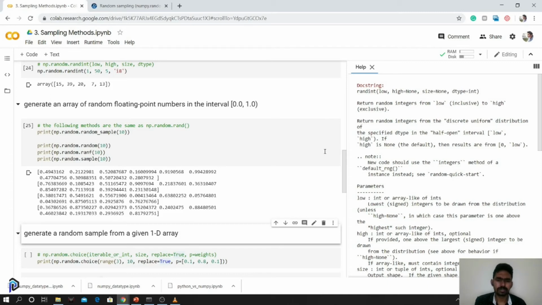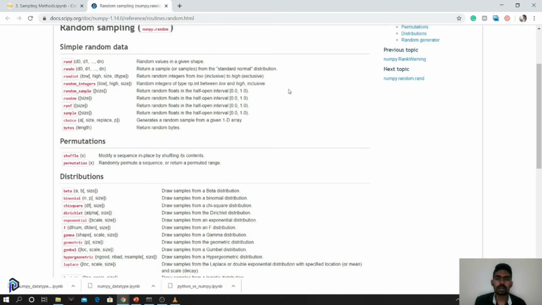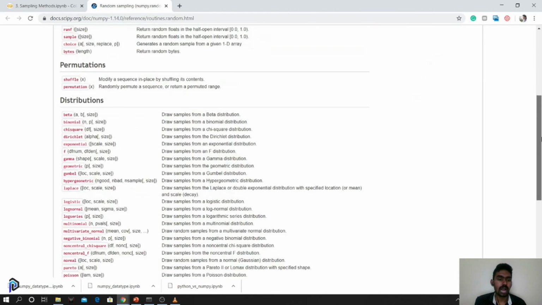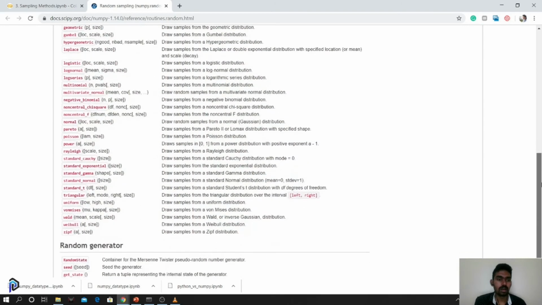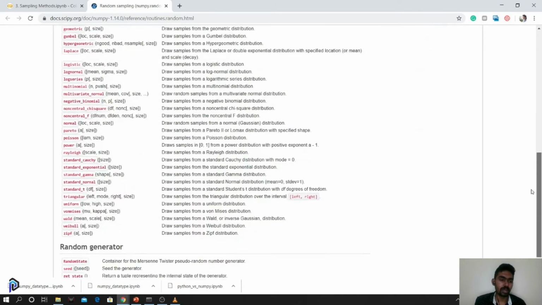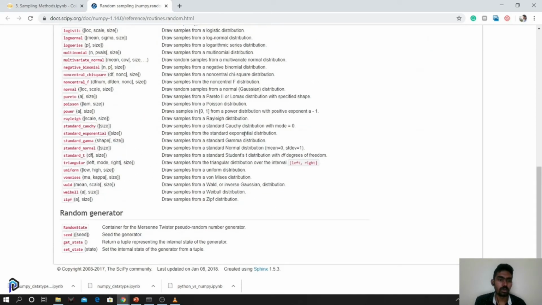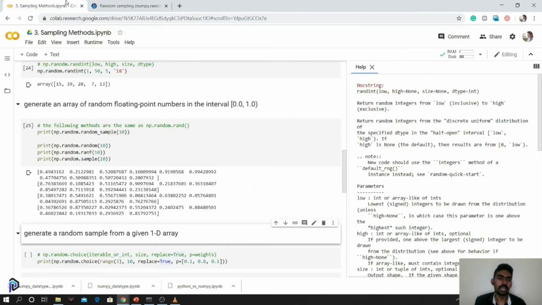There are also many other random functions you can use, and many distributions and samples you can get from, like beta, binomial, chi-square, exponential. All these things are available. I will link the documentation where you can explore more. You also have the Weibull distribution. You can use all these distributions to generate random numbers.